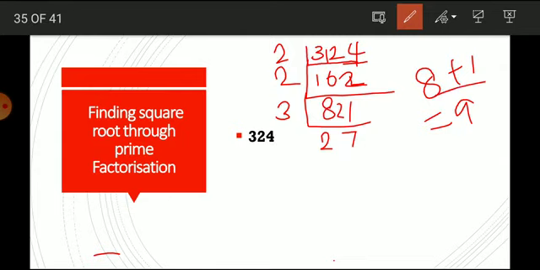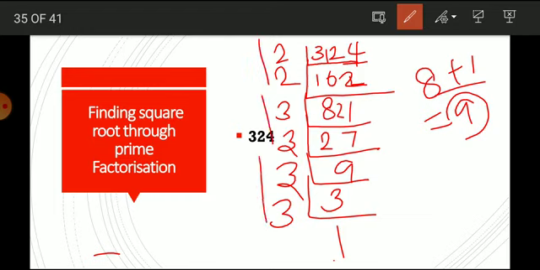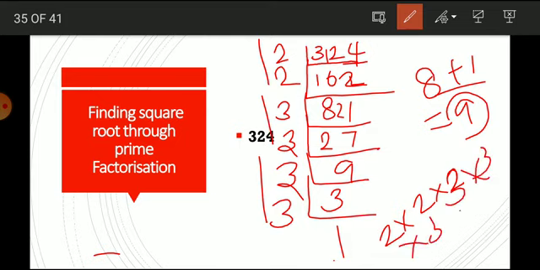See here the 9. So we can divide this number using a 3. Then 3 again. Check it here: 2 plus 7 is 9. So we can divide the number by 3, right? Yes. Then 9 3s are 27. Again 3 3s are 9. Again 3 3s, 1 3 is 3. So here 2, 3 and 3. So the number is 2 into 2 into 2 into 3 into 3 into 3.